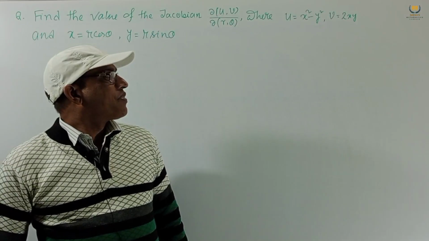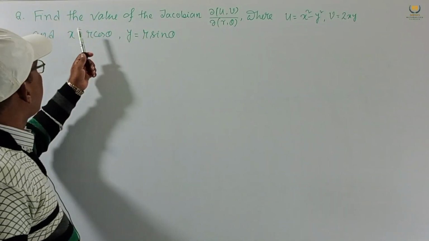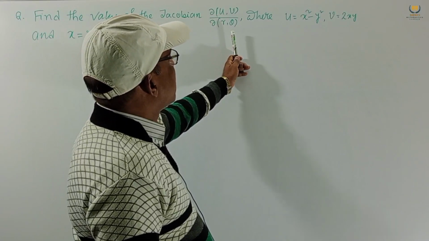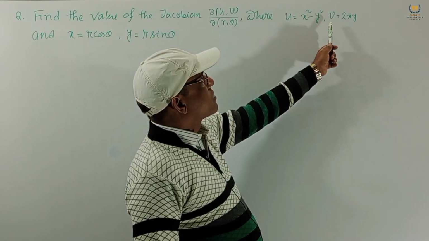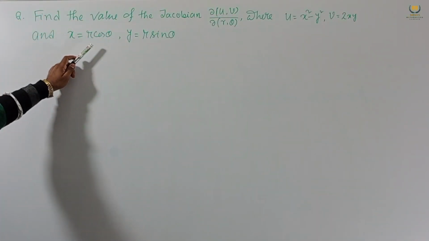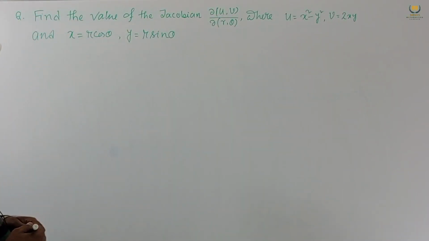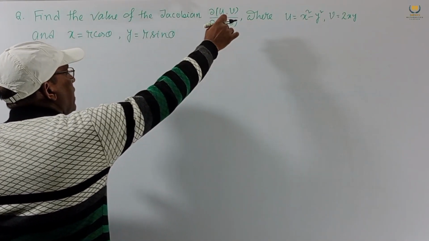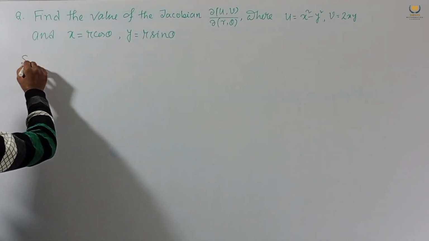Consider one problem. Find the value of the Jacobian ∂(u,v)/∂(r,θ) where u equals x square minus y square, v equals 2xy, and x equals r cos theta, y equals r sin theta. These are the values given. We have to find the Jacobian ∂(u,v)/∂(r,θ). Now first we consider